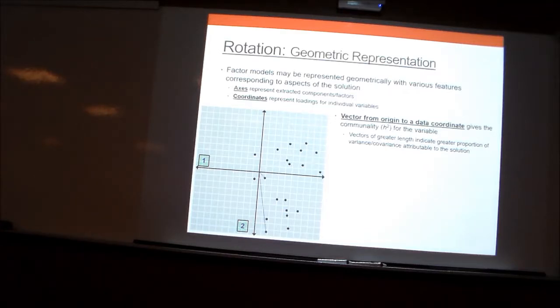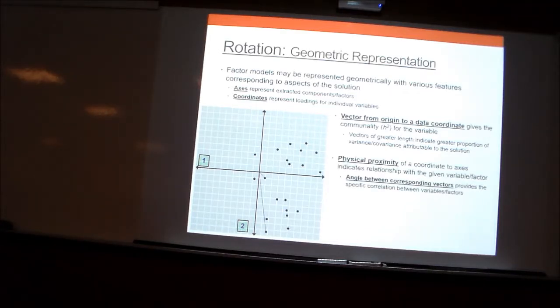The items that are farther out, stronger commonalities there, okay? Also within this context, physical proximity of a coordinate to the axis indicates a relationship with that specific factor, okay? And so technically what we can do is we can actually start to calculate within this system actual factor loadings based on the angle between this vector and the coordinate, where we actually just start taking the cosine of that angle and start to actually calculate our